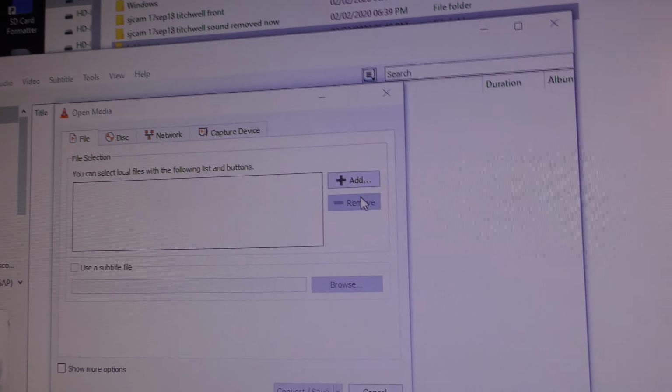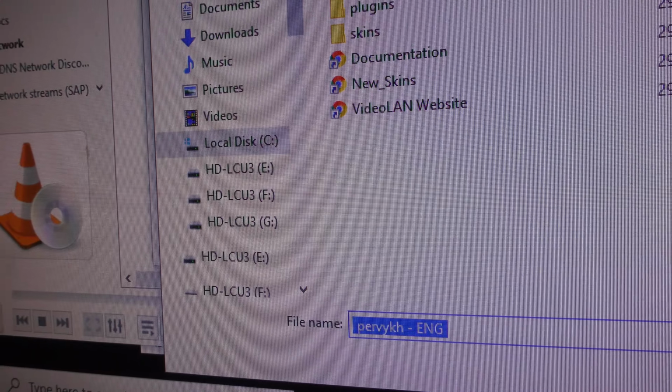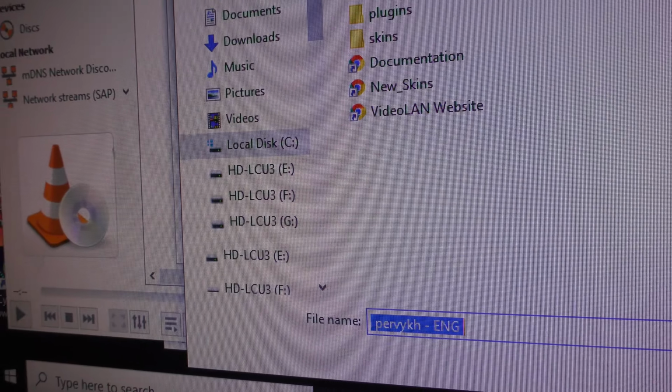So click on Add, and now you've got to look in your computer to find the video you want to edit. I've put it on my C drive in a folder called SJCam 17 September 2018 Titchwell. That's the date. Titchwell is the place I went to. Front just means it's my front dash cam. So where it opens up, it'll probably open up in VLC Player, C program, blah, blah, blah. So use your